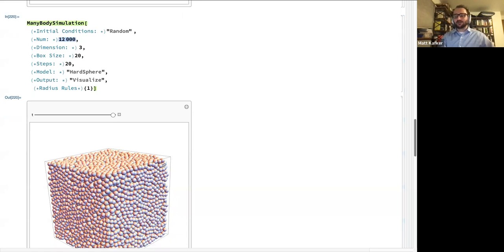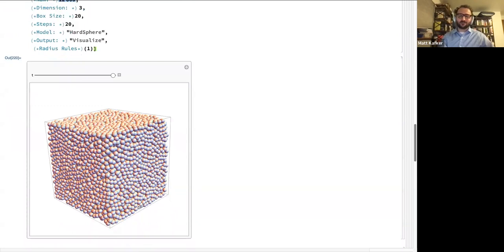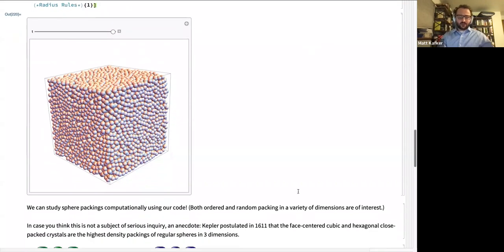And if you were interested in what is the random close packing of spheres in 3 dimensions, obviously you wouldn't necessarily do it for this particular case, but it's not a terrible guess to just take the density of the spheres in this little volume right here. There are better ways to do that, and you can imagine taking this code and extending it to different situations where maybe you're packing in higher dimensions or something like that. That should be able to handle that. So yes, you can definitely think about ordered and random packings.